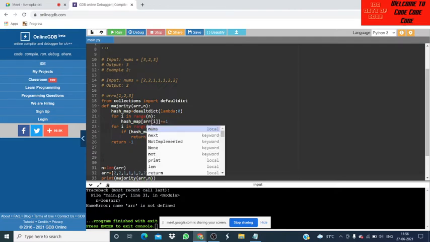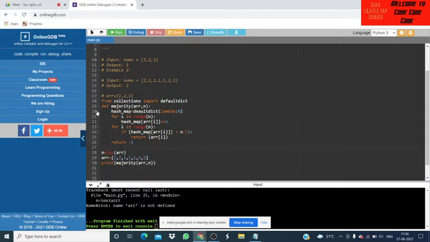If you write the half function, then array is not defined. Why is it? Why is this happening? I define array. Okay, I got it.